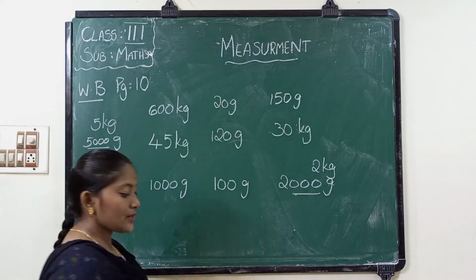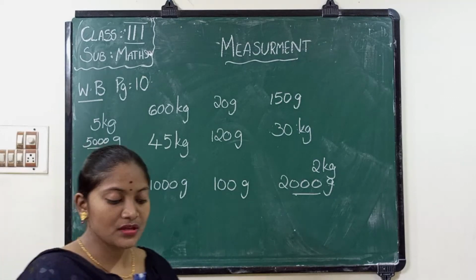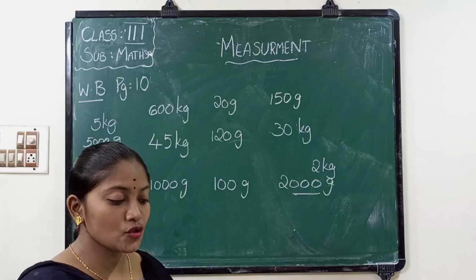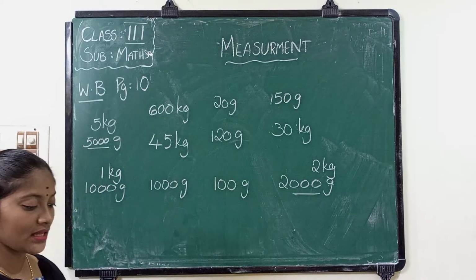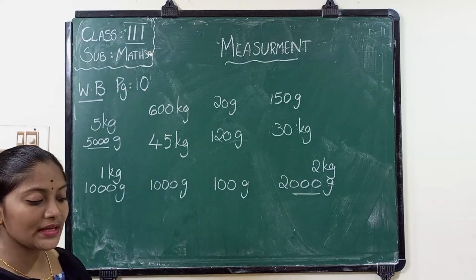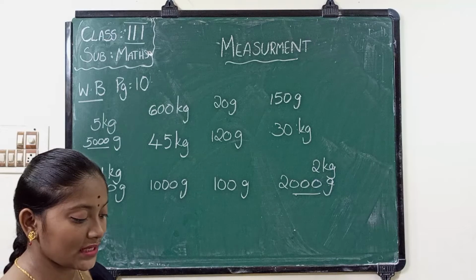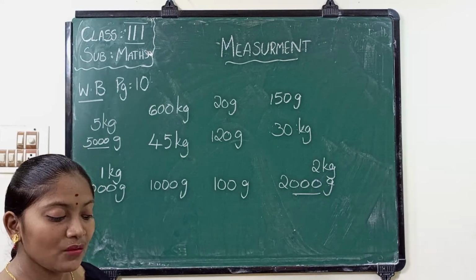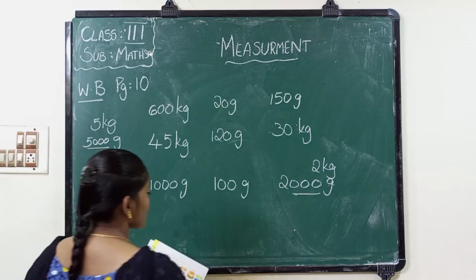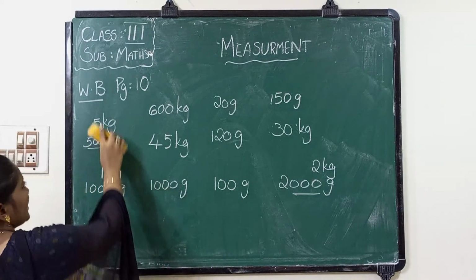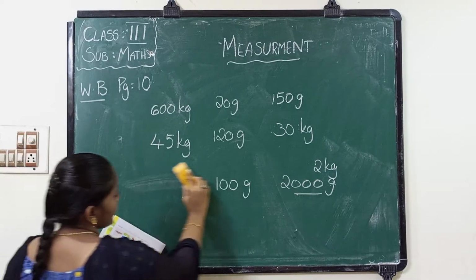And the next one. A shopkeeper has only 100 grams, 200 grams, 500 grams, 1 kg, 2 kg and 5 kgs weights with him. He will weigh articles with these weights. Only select the combination of these weights to weigh the articles given below. Use the big weigh stones first. A shopkeeper is there and he has some stones: 100 grams, 200 grams, 500 grams, 1 kg, 2 kg and 5 kg.